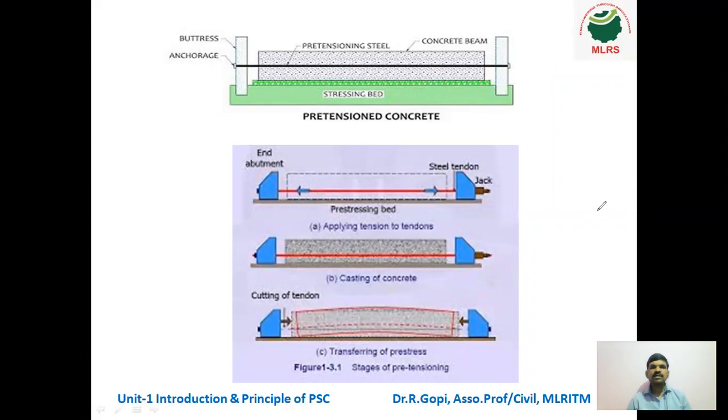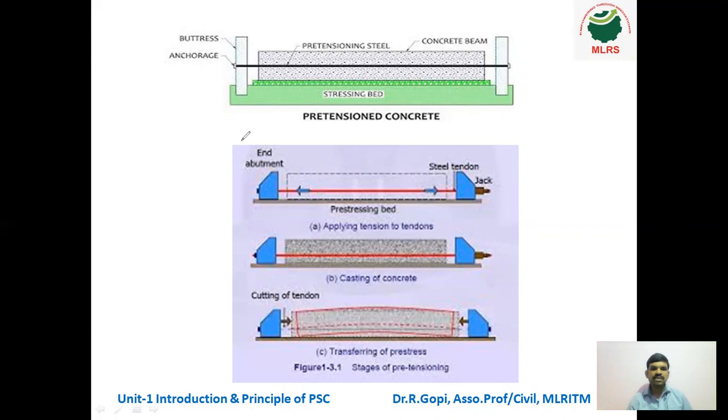Now what happened? A compressive force. Initially it is tension. When cut, it is like our rubber band. Initially you stretch the rubber band, so tension force. If you cut the two points, it returns to its original position. So initially tension, and if we cut that, it comes to its original position. So it is a pre-compression. Automatically the members bend upwards.